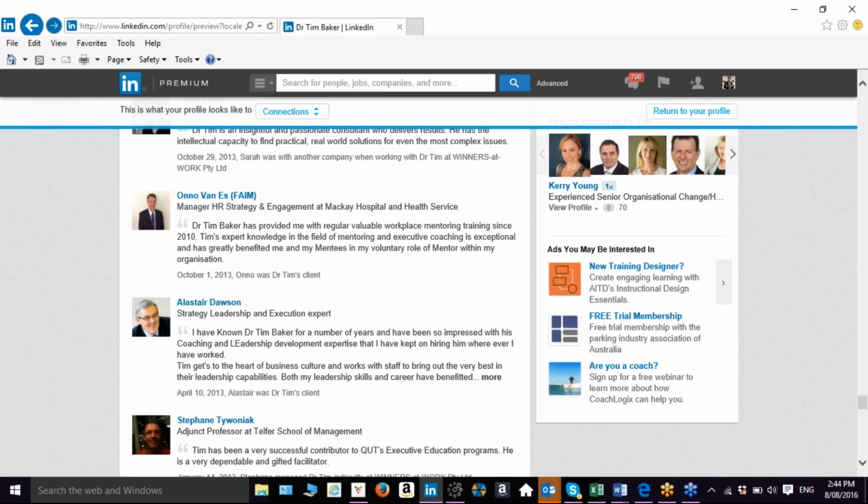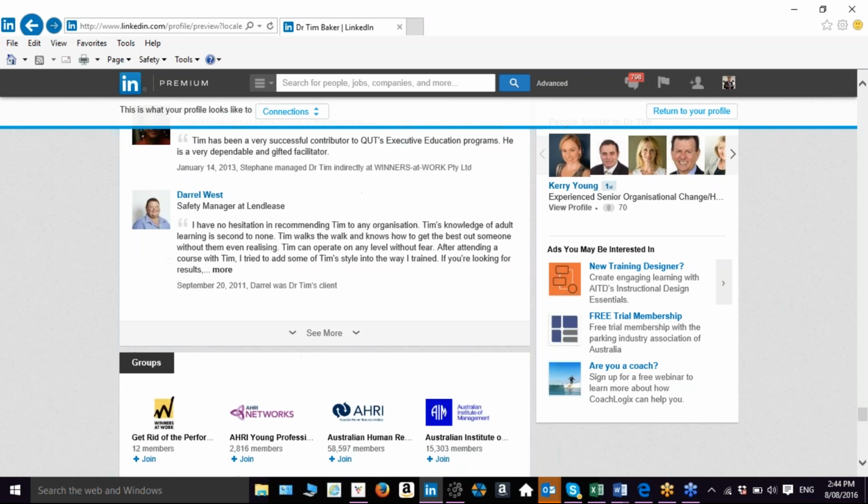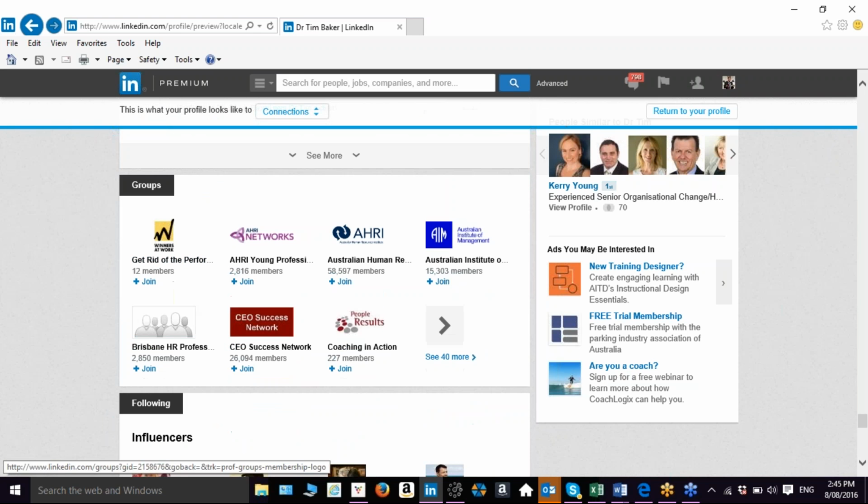And you've got all the testimonials here that I mentioned earlier, and here are some of the groups that I happen to be involved in. So make sure you've got a list of groups that you can join. You usually have to be invited. You can see I've got 40 odd groups, and some of those I don't dabble in much and others I dabble in a lot, but it is a very good way of making connections with people and particularly future employers,